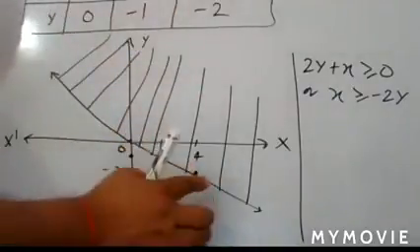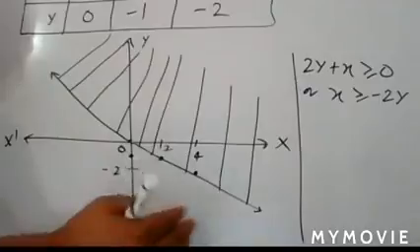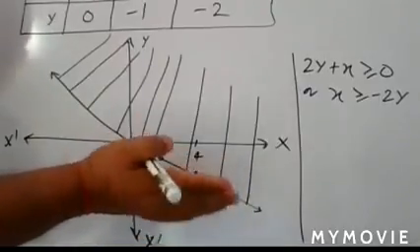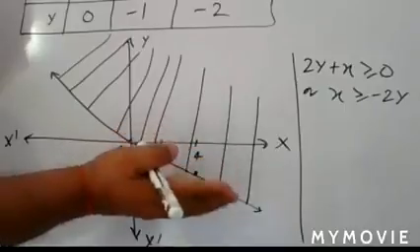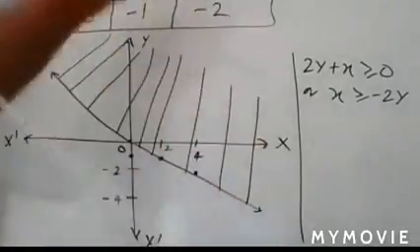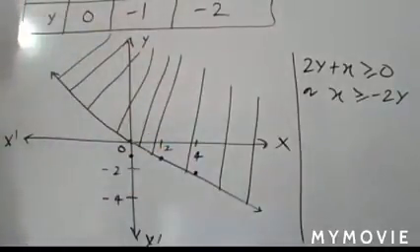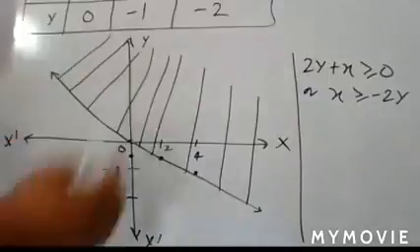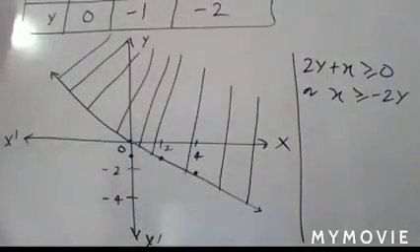Towards the x-axis. So from this line, from the negative of y, you see that the value of x is where? Where you have the value of x. Means here your x is what? Above the line. So you set the complete portion of the line above it. Means your solution exists above this line. Understand? Mark it.